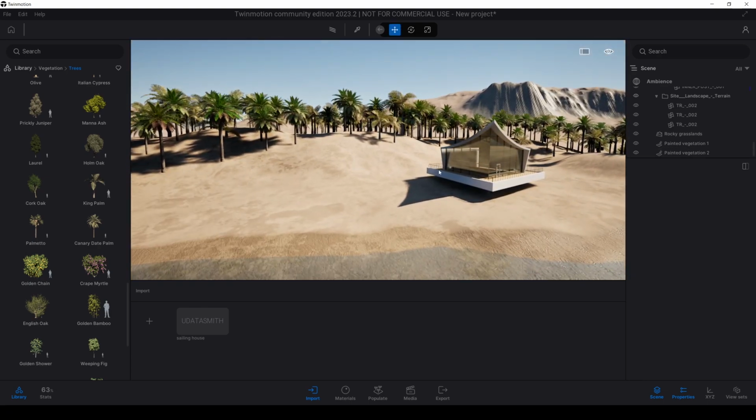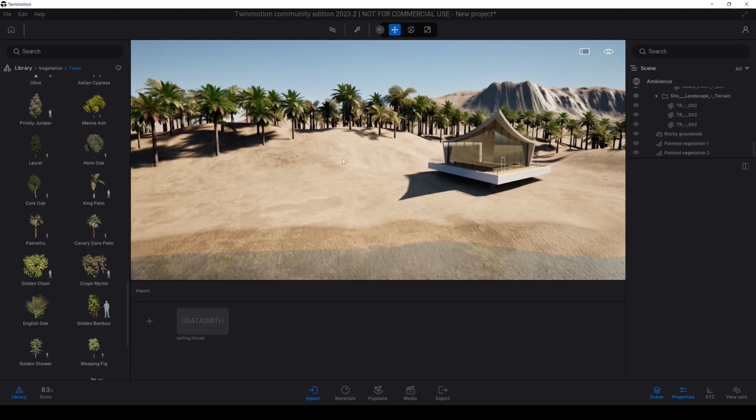But if you shot a render from this view, you will see dead spaces between the trees.